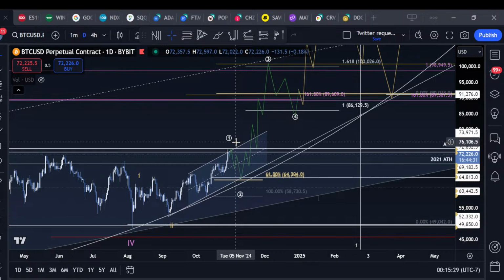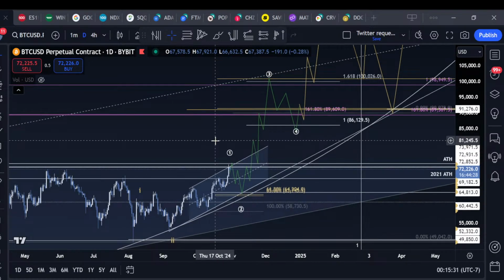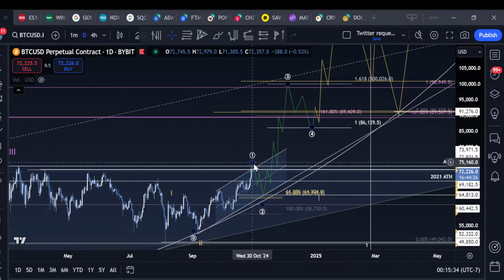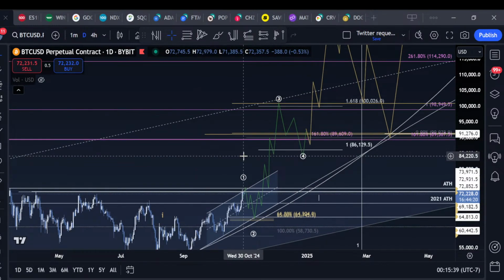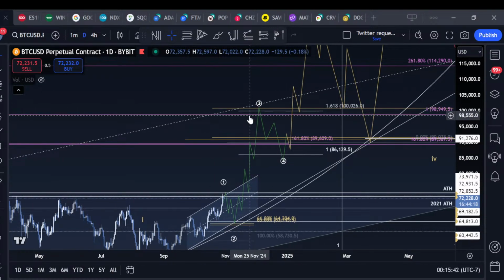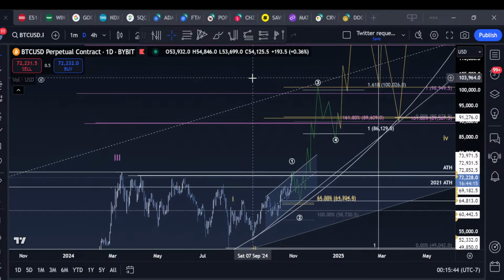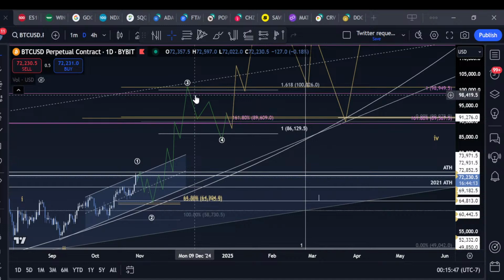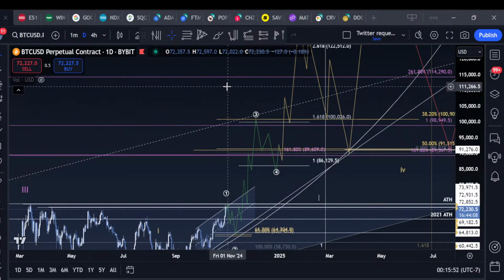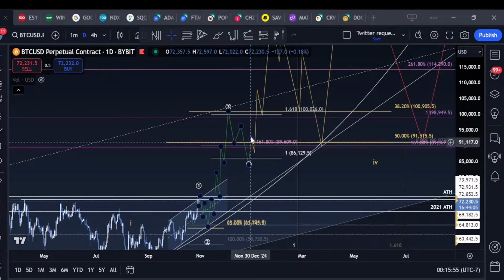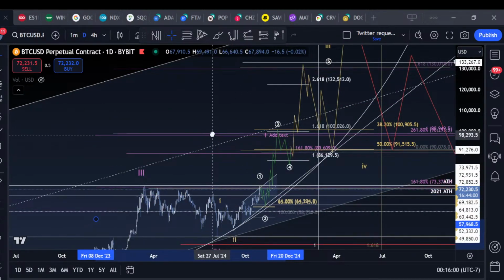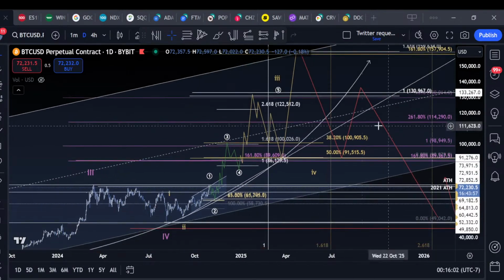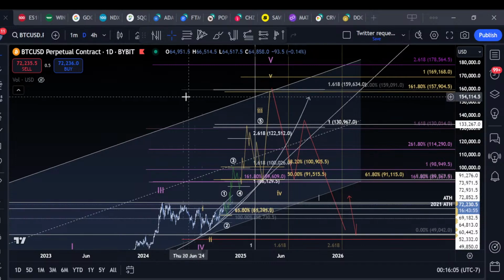There's some ideas here of running the high and then coming back down to this low. Well, if that's the case, then with 1, 2, I can pull this hypothetical fib extension. If this low comes in, what are the targets for the wave 3? Let's start looking at 98K for a subwave 3 as a potential target, right? Let's start looking at 90K, 98K, and then we put in our wave 4 retracement, and then we have a big extended wave 5, putting in our lower degree wave 3, and we start seeing there's a lot of alignment at certain levels for different fibs.